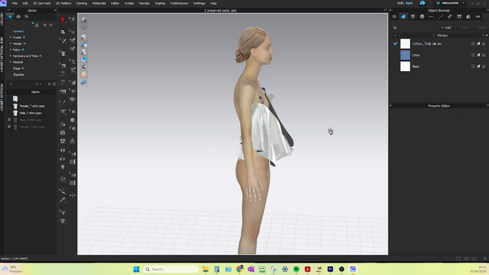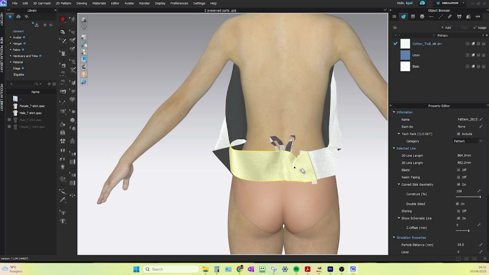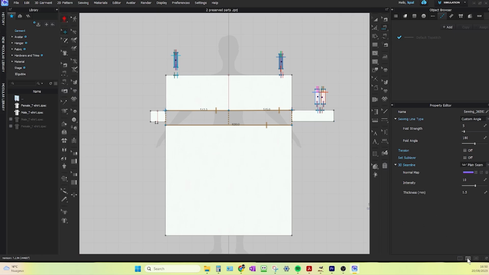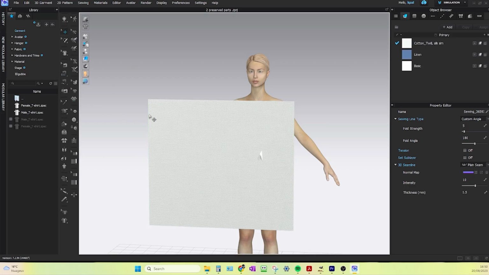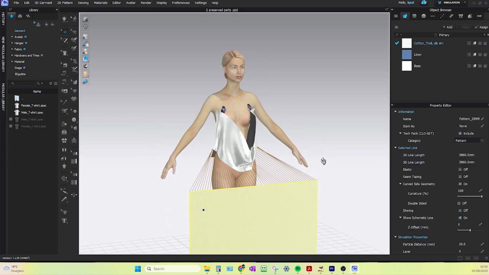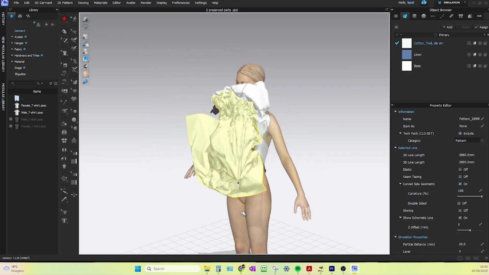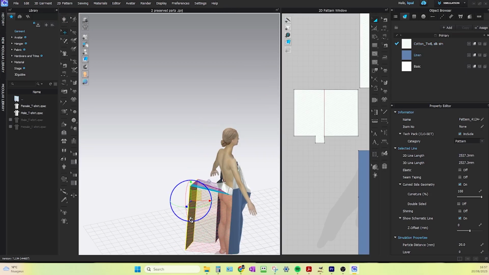Now, this is what we got as far as the preserved parts go, but I will add a skirt to continue exploring the possibilities. Back to the 2D view, I add the skirt panel and the seams, and then arranging the pattern pieces and simulate it. Then of course we want a back panel as well, and I made it blue since there is blue linen